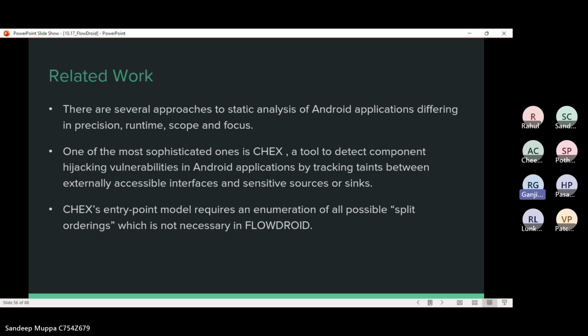CHEX's entry point model requires an enumeration of all possible split orderings, which is not necessary in FlowDroid. Furthermore, CHEX is limited to at most one object sensitivity, while FlowDroid's demand-driven analysis allows for contexts of arbitrary length using a default. We have found one object sensitivity to be too imprecise in practice.